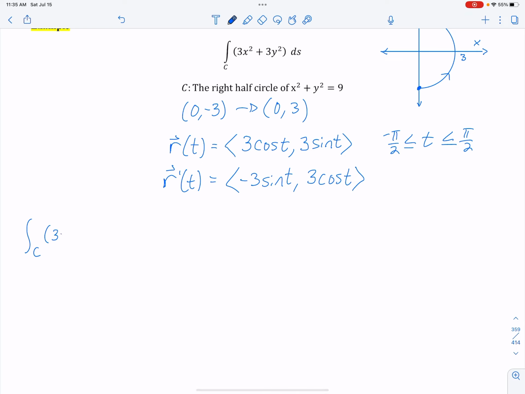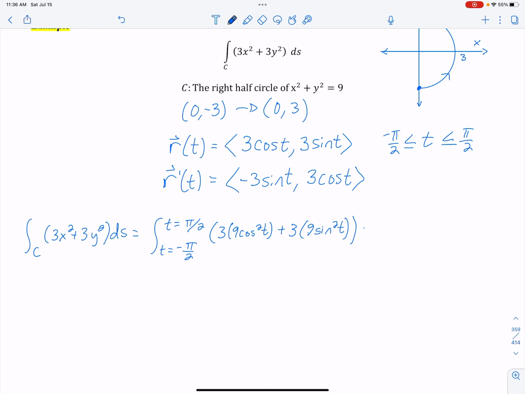We'll plug it in as we go. So that's 3x squared plus 3y squared ds. And we're going to go ahead and make our changes: t equals negative pi over 2 to t equals pi over 2. And then we are going to rewrite. So this is 3 times 9, sorry, we have to do the right ones. x is cosine. So it's 3 times 9 cosine squared plus 3 times 9 sine squared